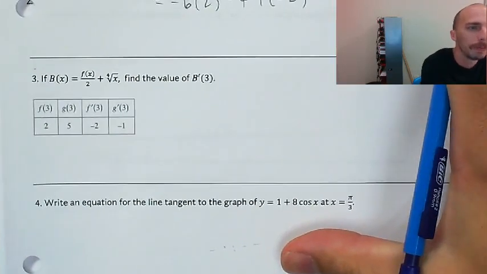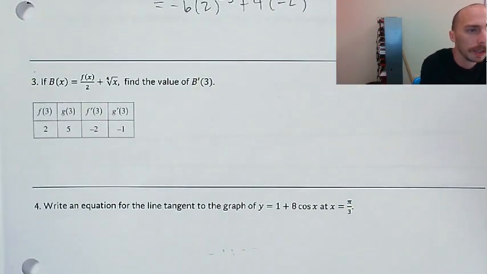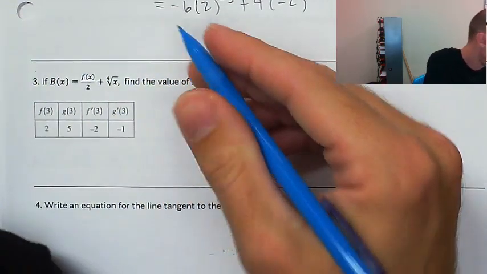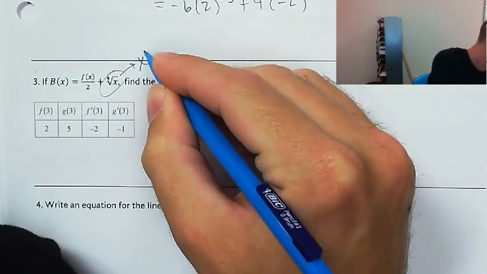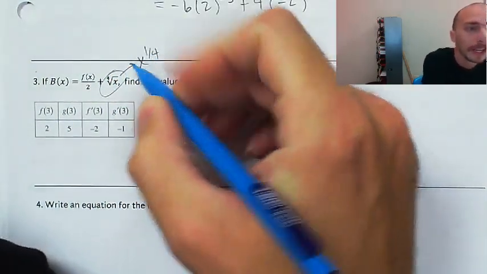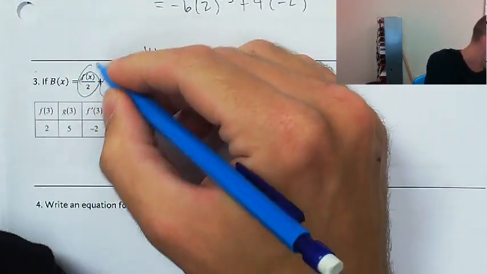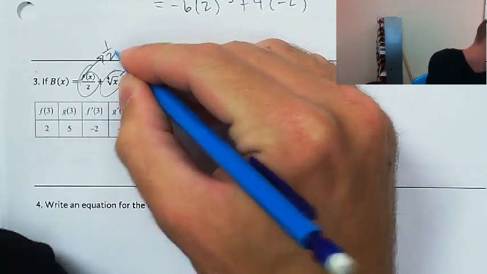Let's move on. We've got a table and another power rule situation. This feels very similar to the one I did in Form I. I might not have changed this one. So I'm going to rewrite this as x to the 1/4 power. And I'm also going to rewrite this as half of f of x, because I noticed there were some people that